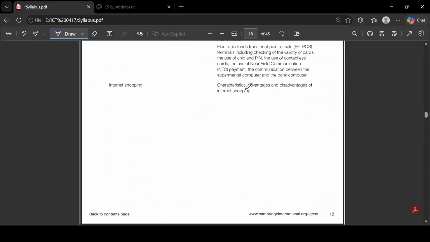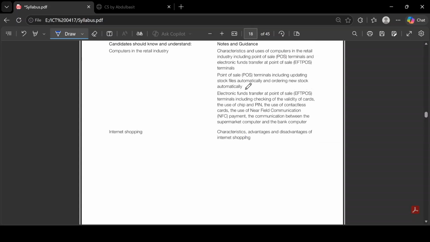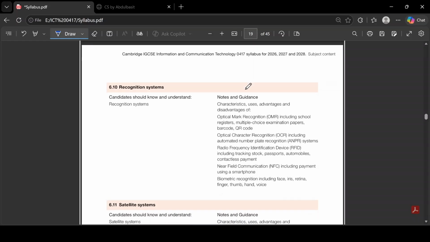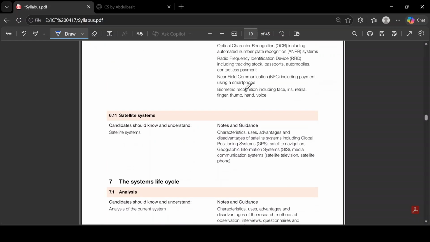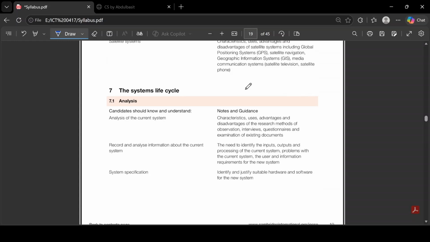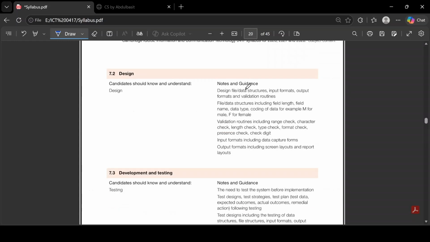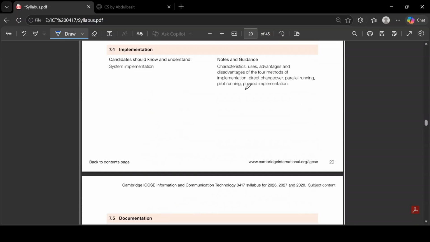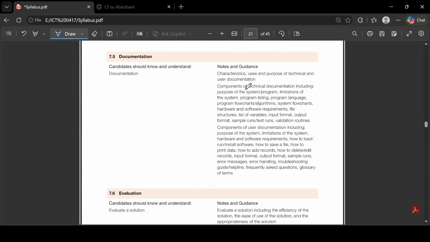Then after that, we have chapter numbers, we have recognition systems and satellite system. So these are some applications which are included in our syllabus, and which we have to understand in detail in order to attempt the paper 1. Then chapter number 7 includes the system life cycle, in which we have analysis, we have design, we have development